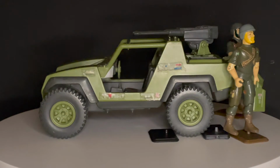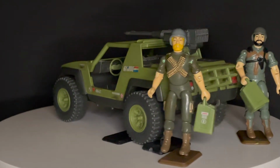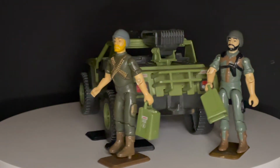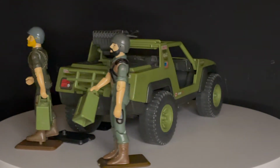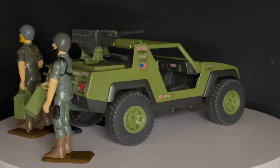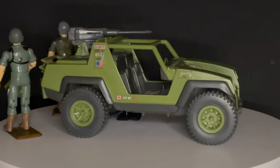Pour it in here and pour it in there, and if it's a flammable liquid, you can pour it in a turbine and it will find a way to burn it. May not be as powerful, but it will find a way to burn it, and you could get your an old infantry thing that I learned from reading G.I. Joe: wheels do beat heels. So anyway,